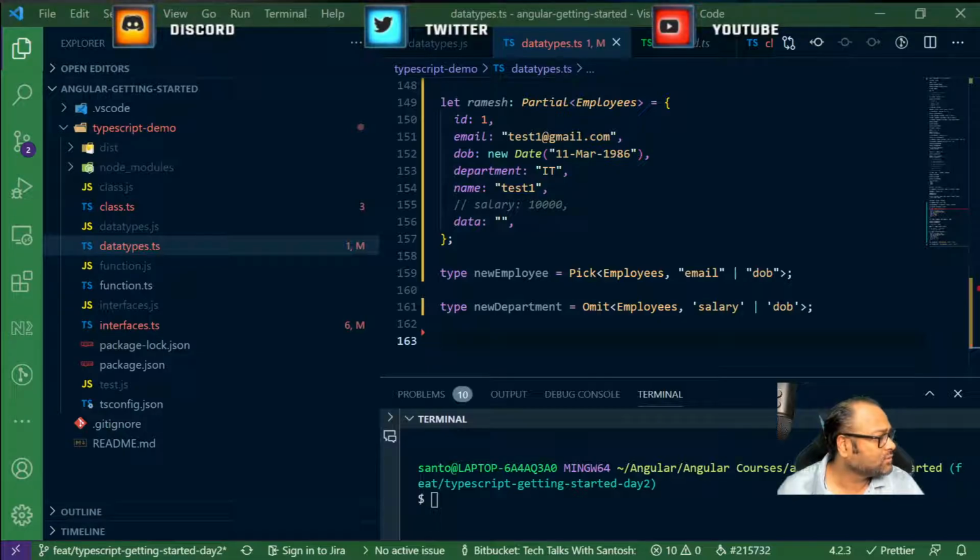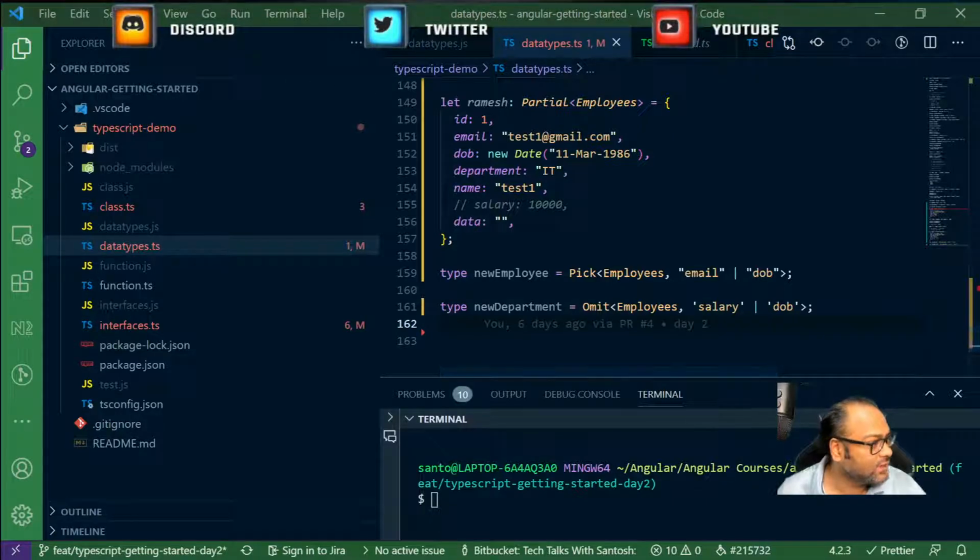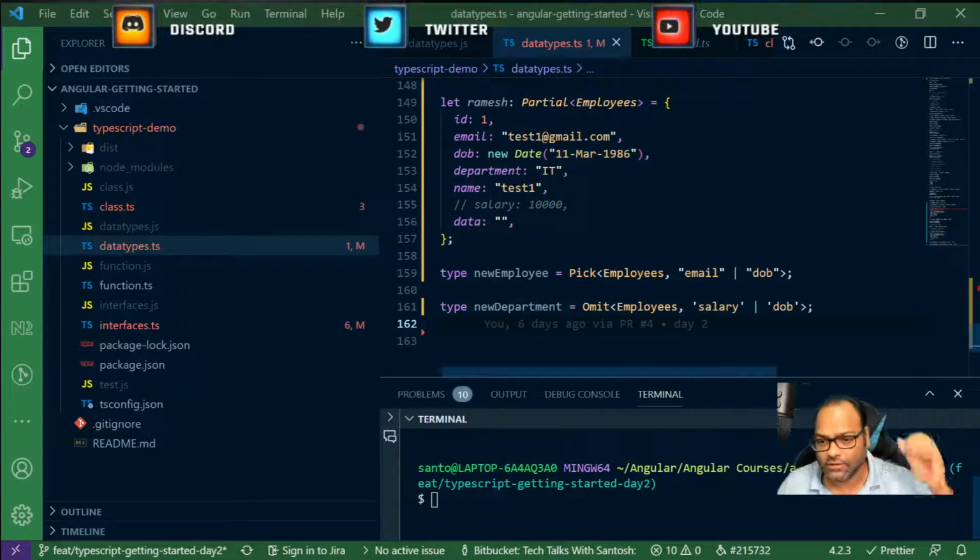Okay. So the other thing which we need to do is decorators. So decorators are something which is really important in terms of Angular. So in Angular we use a lot of decorators. We have component decorator, we have your modules, you have injectables. Those are decorators which exist inside Angular itself.